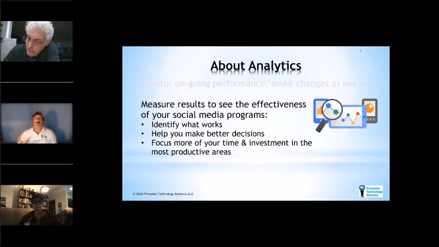So you want to see the effectiveness of your social media campaigns, your social media programs. See what's working well. So Barbara, you mentioned you write daily. If you're getting good views, it's probably right. You could try switching to weekly. See if the numbers are going up or going down. Maybe people will like it more if it's a little bit less. Maybe they'll like it less.